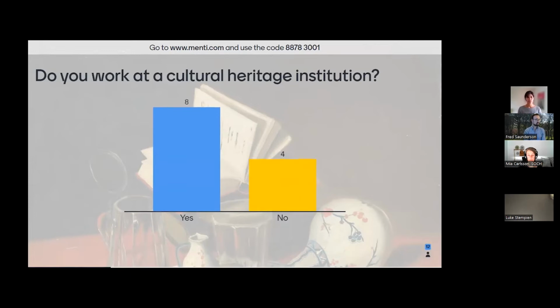So we've got 32 people in the room. I'll wait for a few more answers to come in. Okay, but I think there's a good representation of people who might be able to then use these guidelines. I'll go over to the next question.